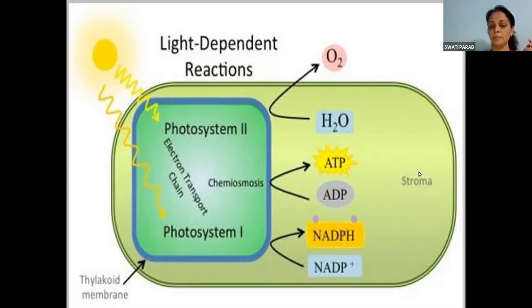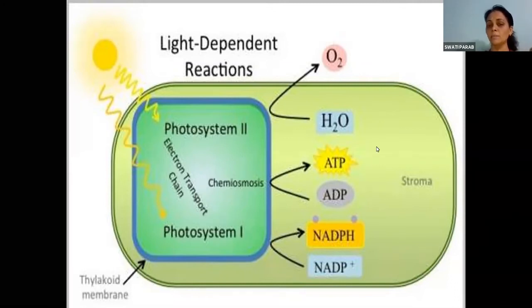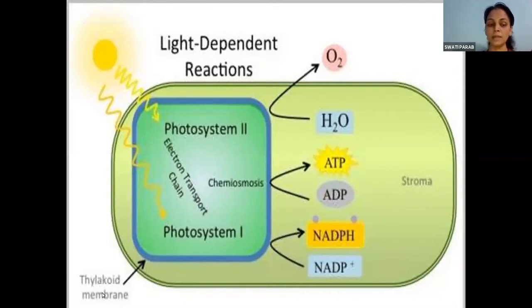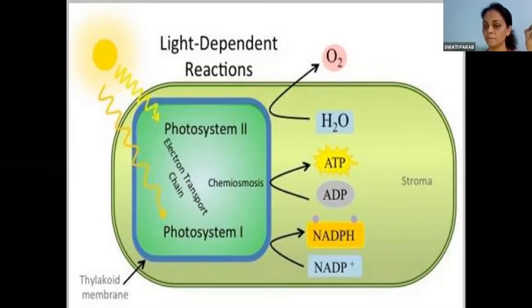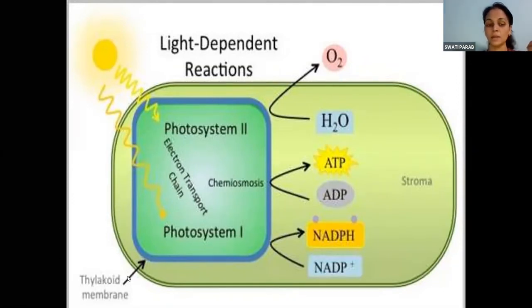Draw this diagrammatic representation. I think it is quite clear to you all. The light dependent reaction occurs in grana, and dark reactions occur in stroma. We have studied about it. This green color part which you see is the grana containing thylakoid. The membrane of the thylakoid is going to act as a semi-permeable membrane for the exchange of electrons. Grana consists of thylakoids, and the thylakoid membrane acts as a semi-permeable membrane.